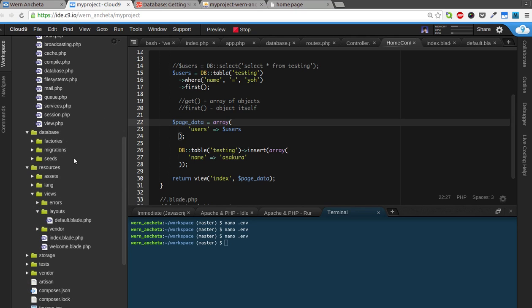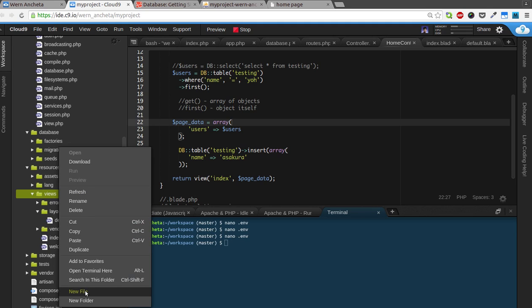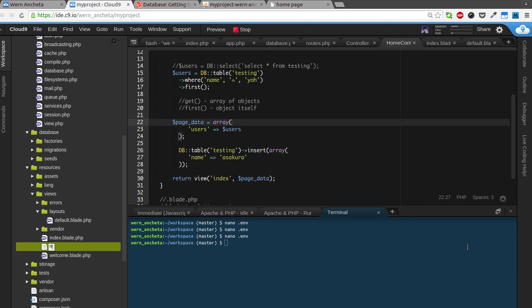So if you remember, views are created in the resources and then the views directory. So we right click on the views directory and then select new file. Now we say the name of the view is new user. So if you remember, views should always have the .blade.php extension. So we open this,